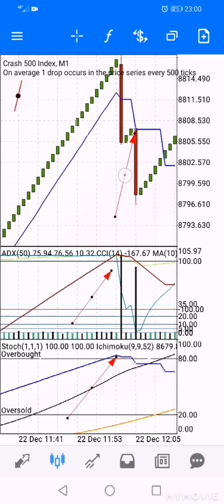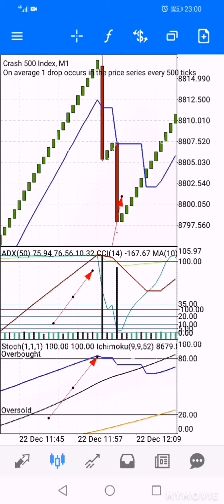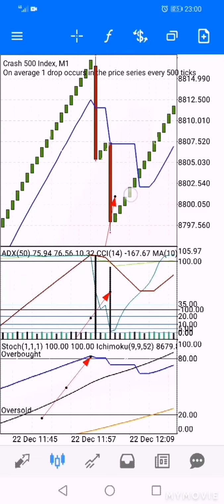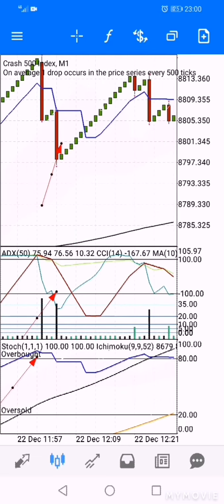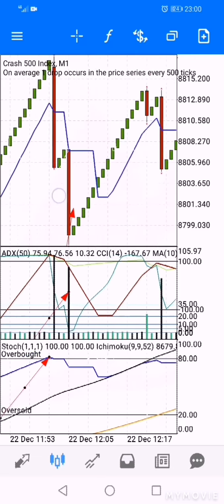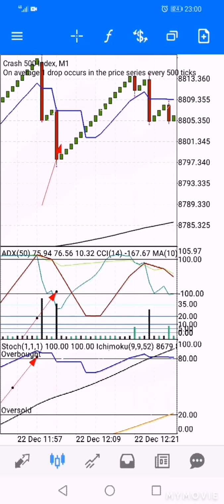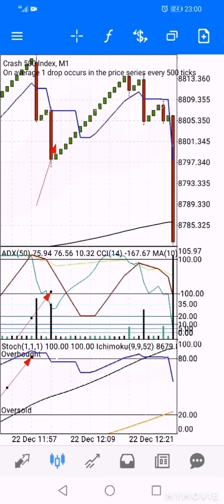We say 1, 2, before we get to 4, that number 3 candle, it dropped. So you are going to catch that candle too. And then now look at this one. It's a black candle. When you see a black candle that is standing out, it means it's going to drop again. And then it dropped again. Okay, then it dropped again. Then you do your counting strategy. So you count your candles now. You're going to say